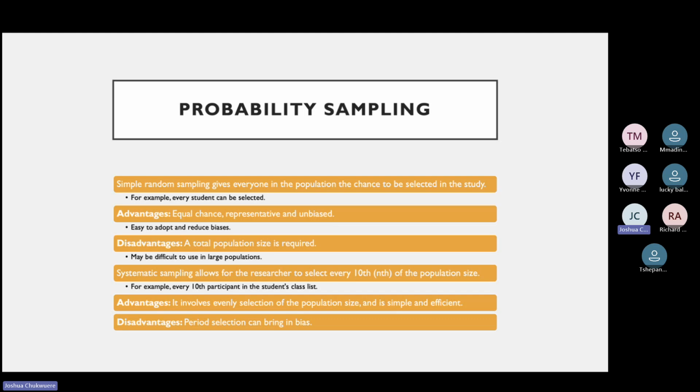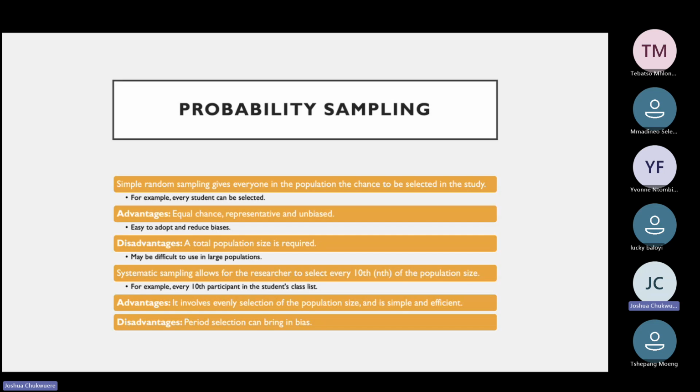There's no element of bias in it, because everyone, irrespective of their class of study, their level of study, their knowledge, their understanding of the topic, can be selected. It's easy to adopt, and it reduces bias. The disadvantage is that